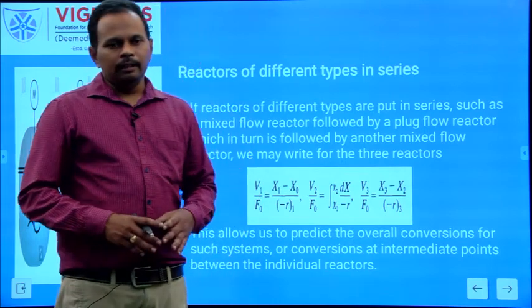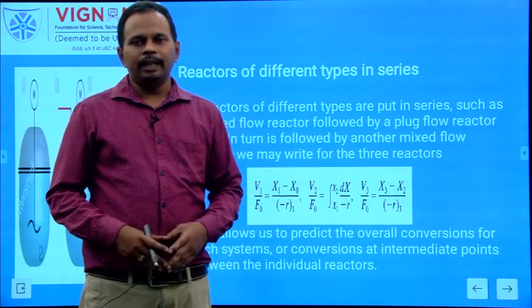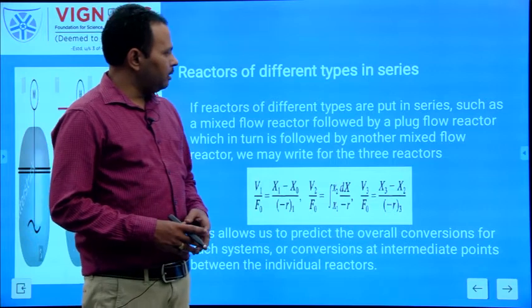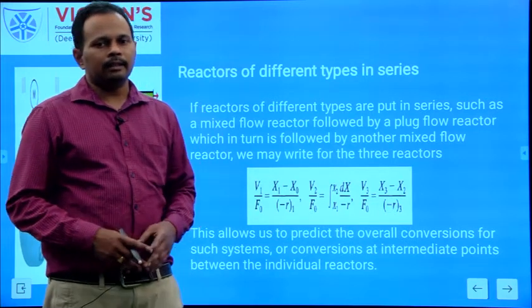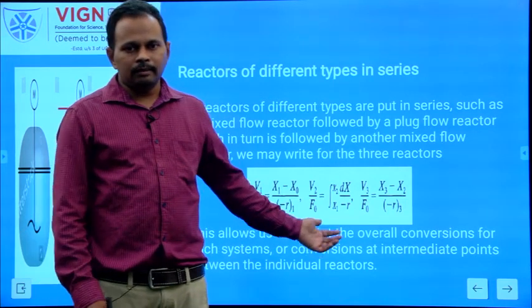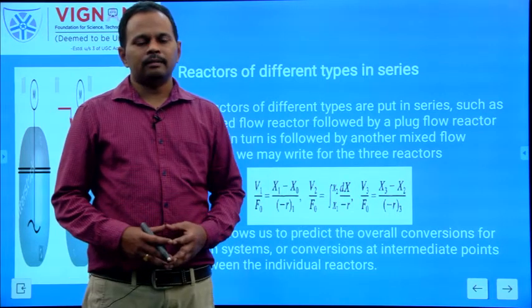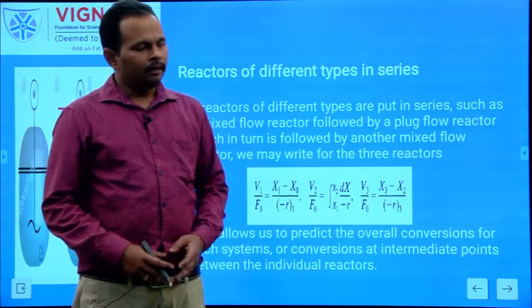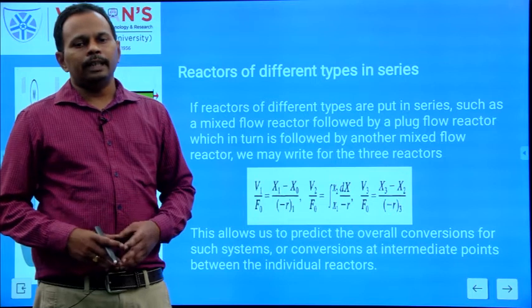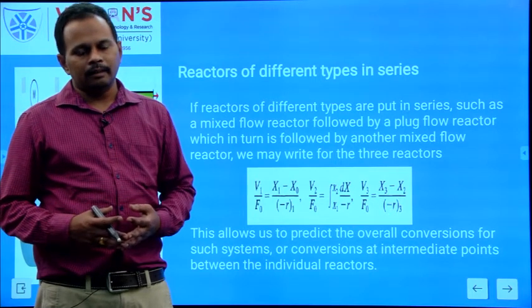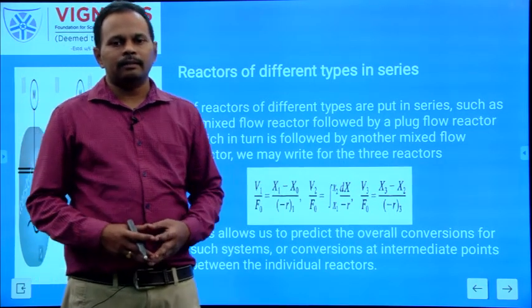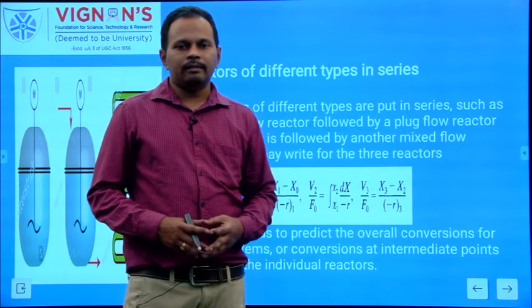So for any reactor design, the starting point is material and energy balance equation. With the help of this one, we can develop the performance equation. And after that, we have seen the performance equation for batch reactor, the performance equation for plug flow reactor, the performance equation for MFR. Next one, we have seen the performance equation for MFRs in series and the performance equation for PFRs in series. And then finally, the performance equation for different types of reactors in series. So for any reactor design, the performance equation is very important. With the help of this performance equation, we can compare different designs of reactor and we can conclude the best design in terms of the.